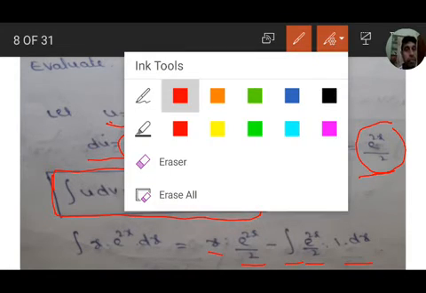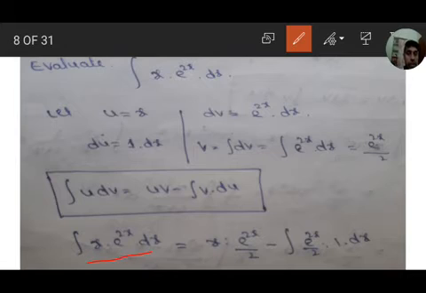Therefore, integration of x into e to the power of 2x dx equals x into e to the power of 2x by 2 minus integration e to the power of 2x by 2 into 1 into dx. So here this 1 by 2 is outside, it will come outside. Next step,